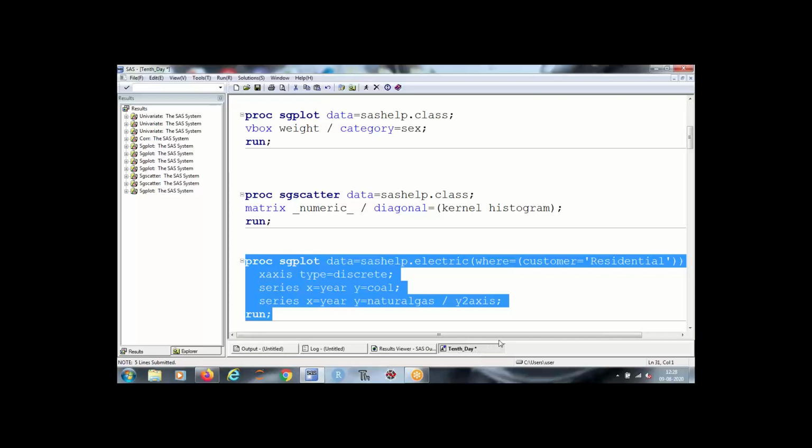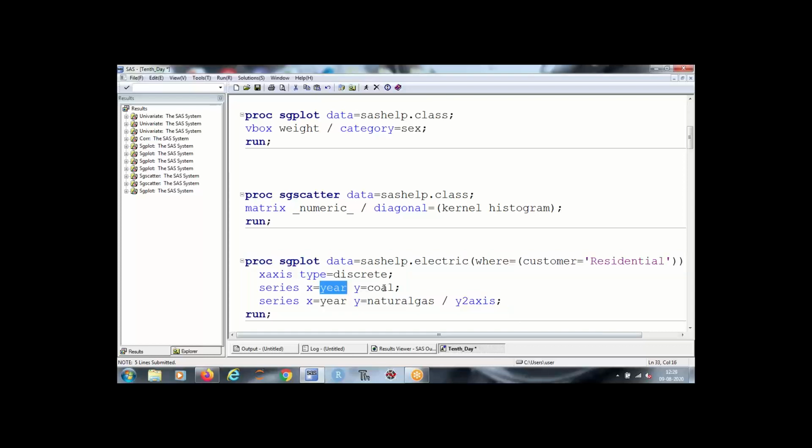On the x-axis you have year, and on the y-axis you have coal in series 1. In series 2, again you have x-axis year and y-axis natural gas, and you are putting that into the y2 axis.